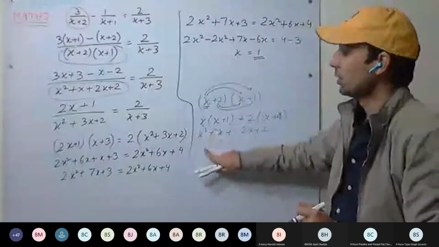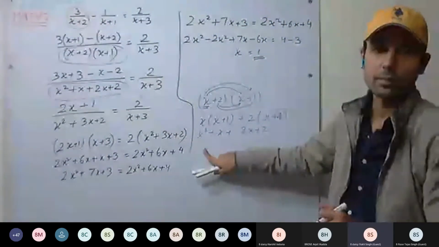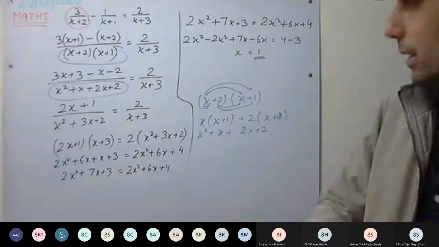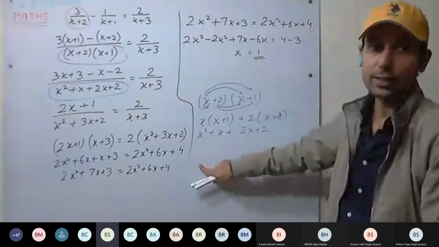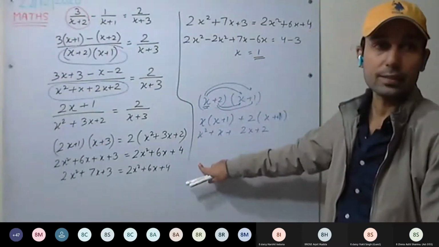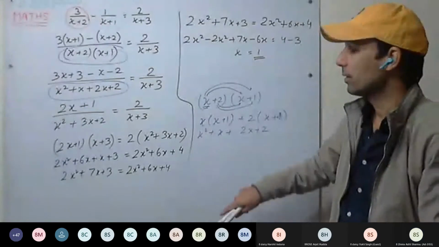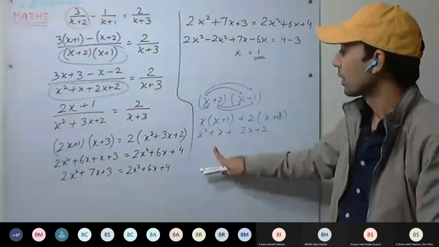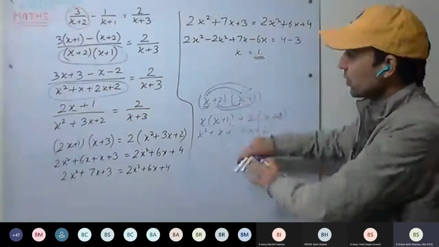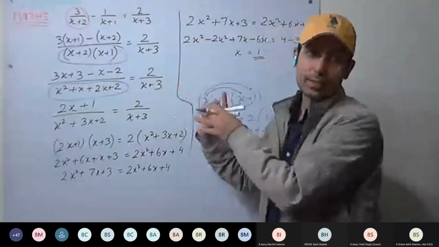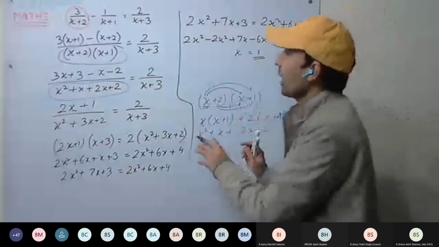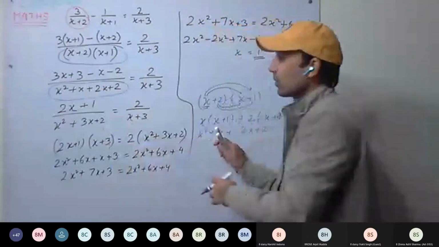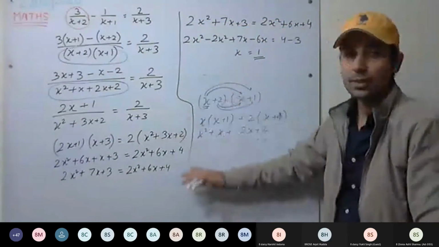Any more doubts? We have done 6th, and can we start 7th? Yes, you can start. You can solve up to 8th as well. You can complete the exercise. Sir, is there any other solution to solve this question? The solution is this way only. You can make little changes, like you can take this on this side, then it will be plus, then you can solve. But mainly this is the only way.